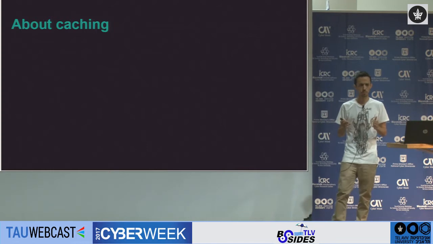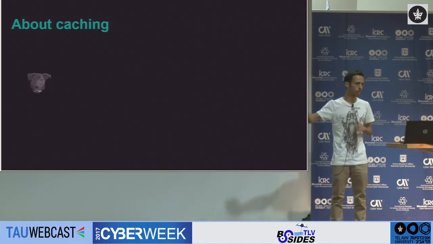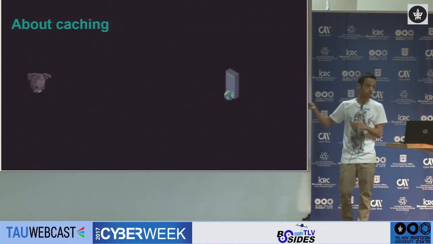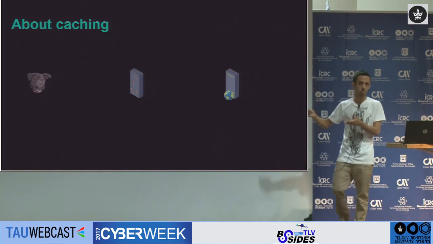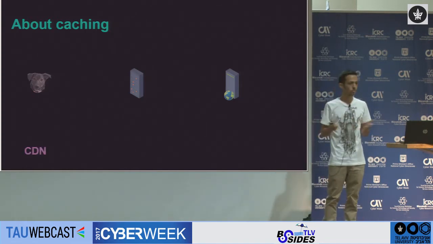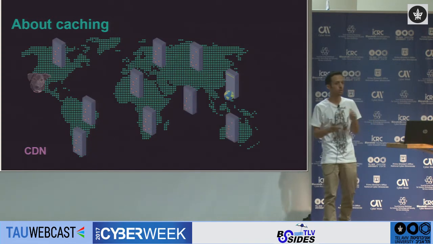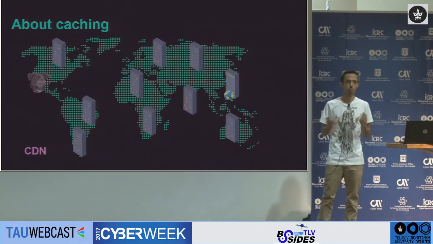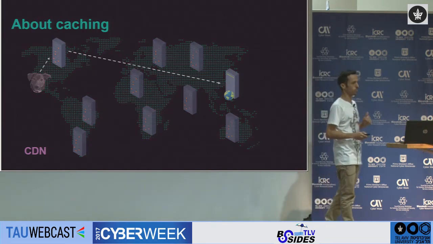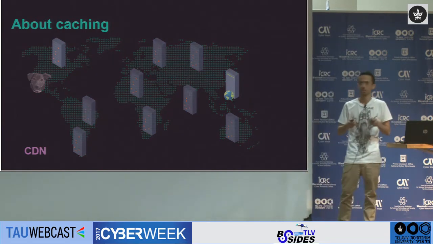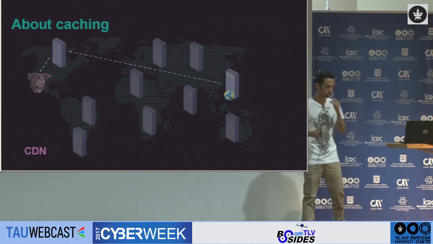Now let's see a few forms of this kind of caching mechanism. And for that, you see Java here. She will be our end user. That's a web server, and in the middle, that's a caching mechanism serving this web server, okay? So the first form of a caching mechanism is CDN, Content Delivery Network. That's a distributed network of proxies all over the world. They cache the application's content, and usually the group of proxies that is closest physically to the end user will be the one who will serve him with his content.